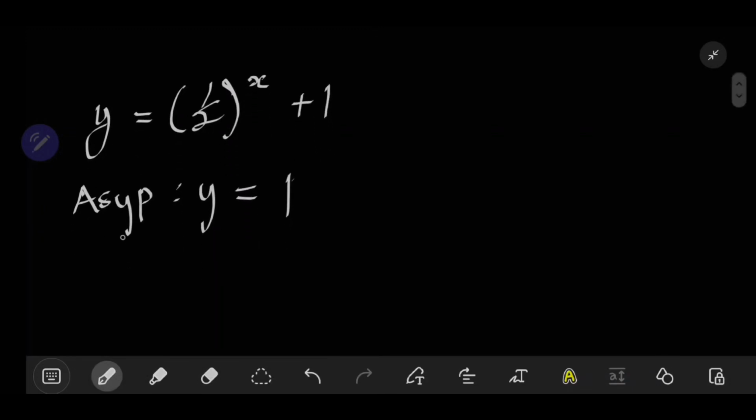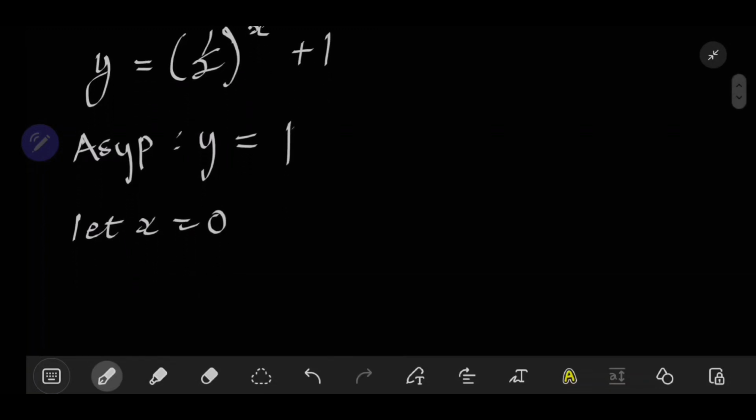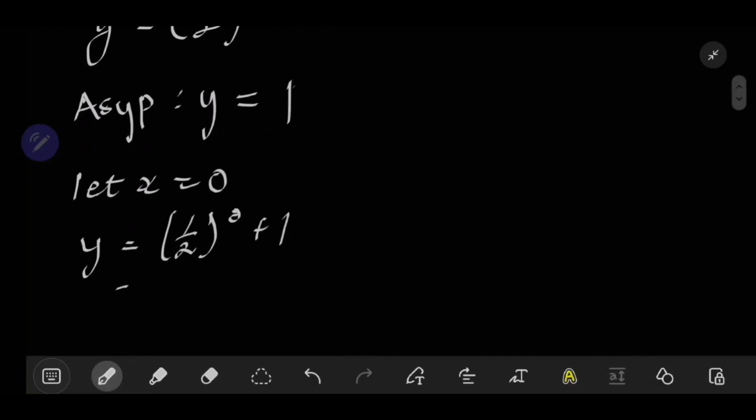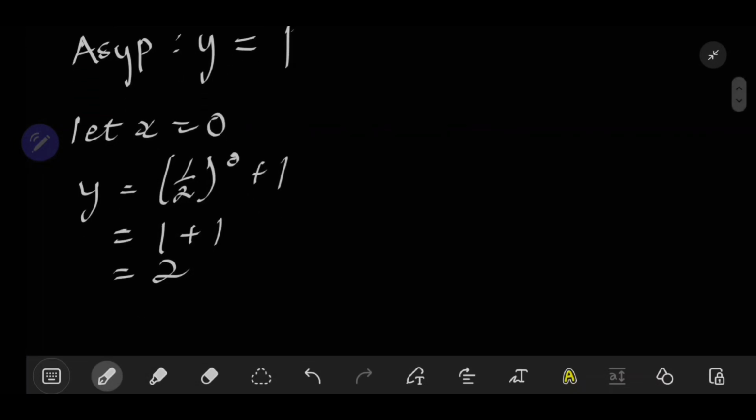So when we find our y-intercept, we let our x value be equal to 0. Then y now becomes 1 over 2 raised to exponent 0, plus 1. Anything raised to exponent 0 is 1. Then we have 1 plus 1, which gives us 2. So in coordinate form, we have (0, 2). Then for the